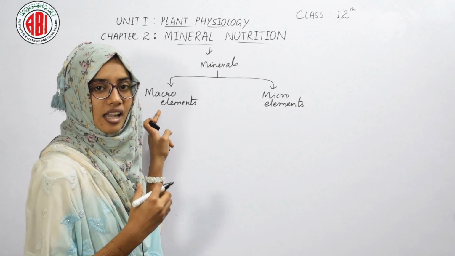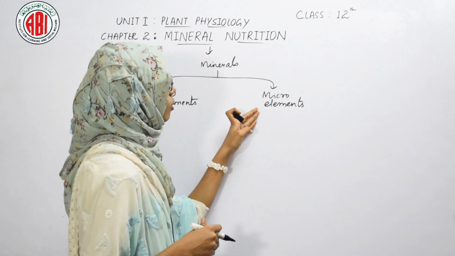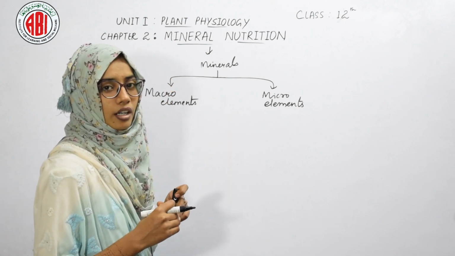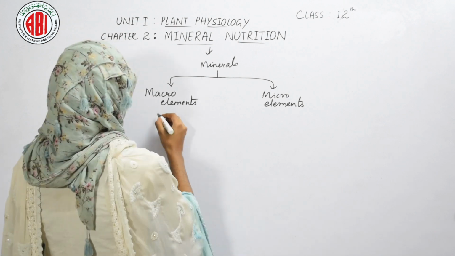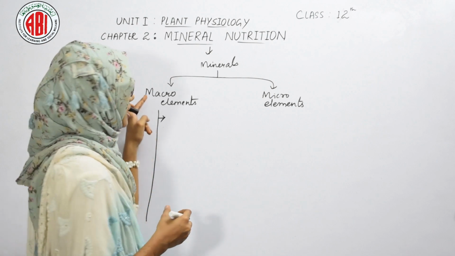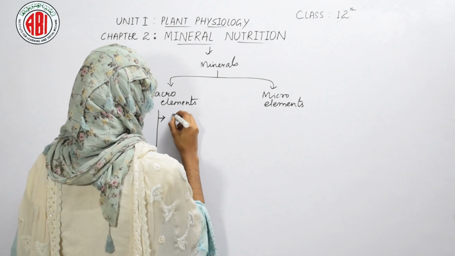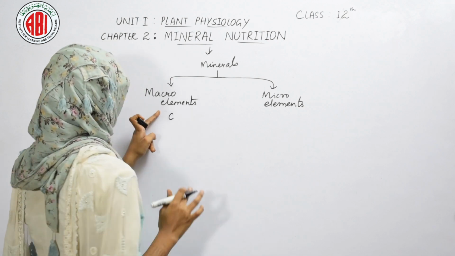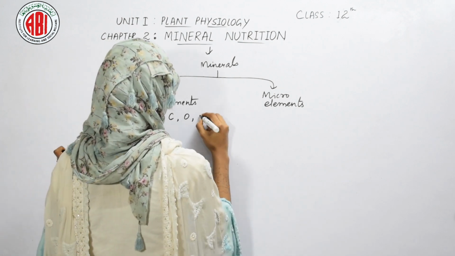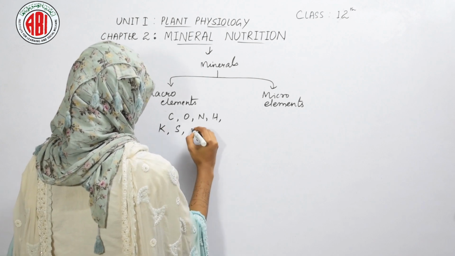Macro elements are the elements which are required in a large amount by the plant body, and micro elements are the elements or minerals which are required in a lesser quantity by the plants. Let us see the elements which are included as macro elements, required in a large amount by the plant. They are carbon, oxygen, nitrogen, hydrogen, potassium, sulfur,